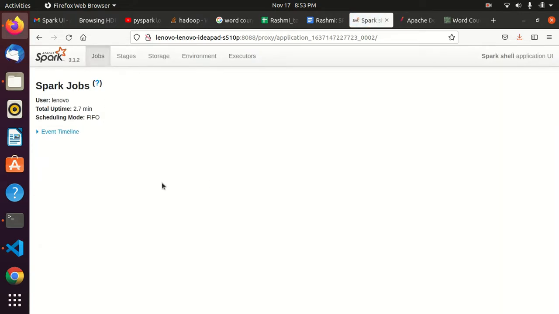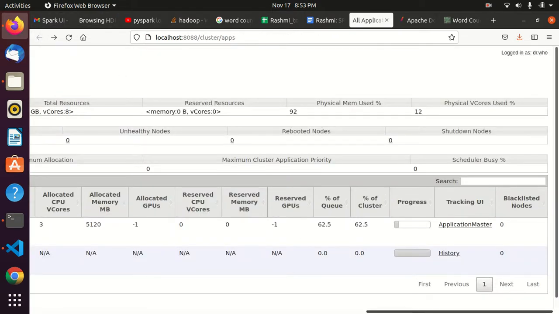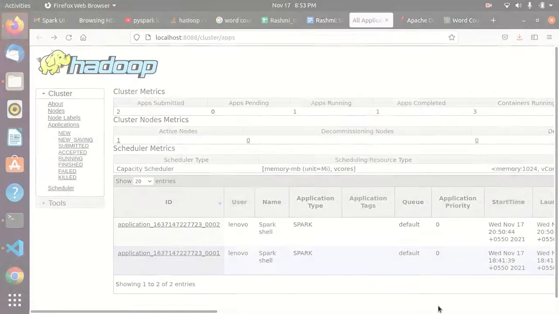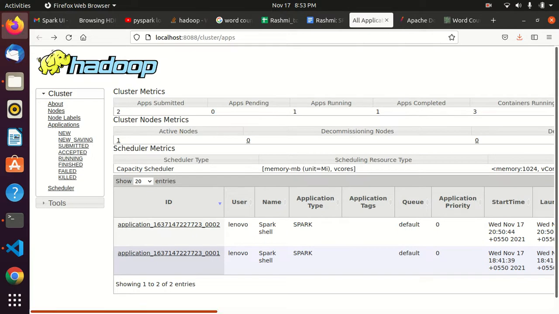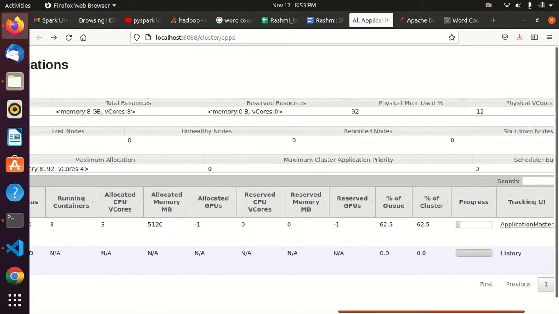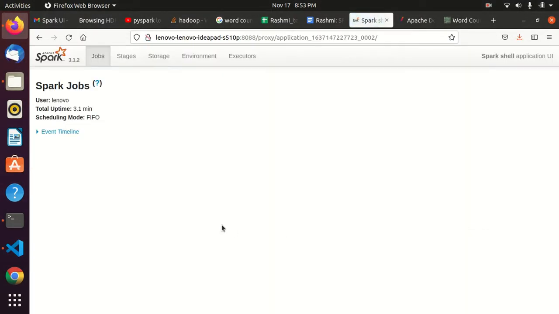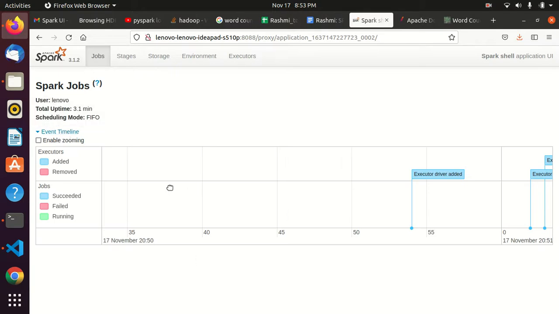This is the timeline we can see. While going here, in the event timeline you can check what the different types of executors running are.